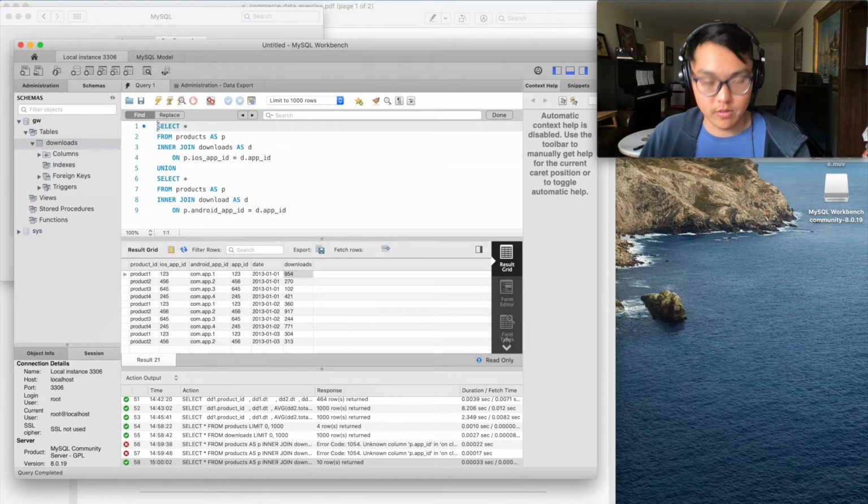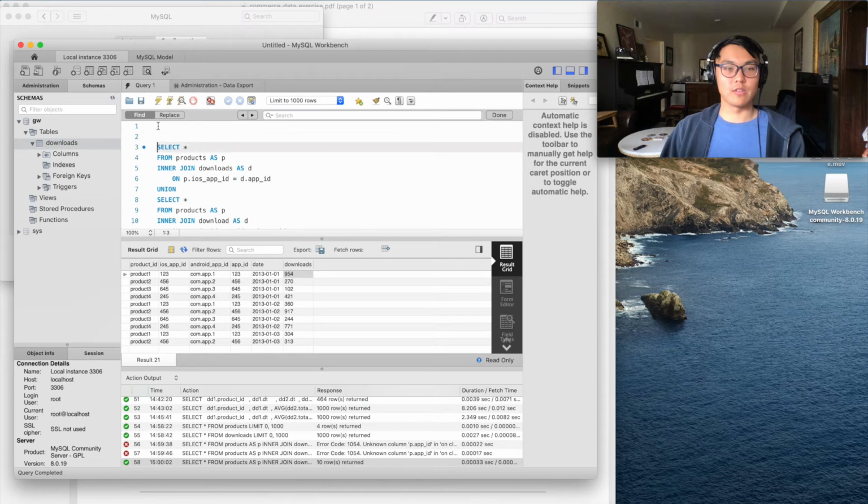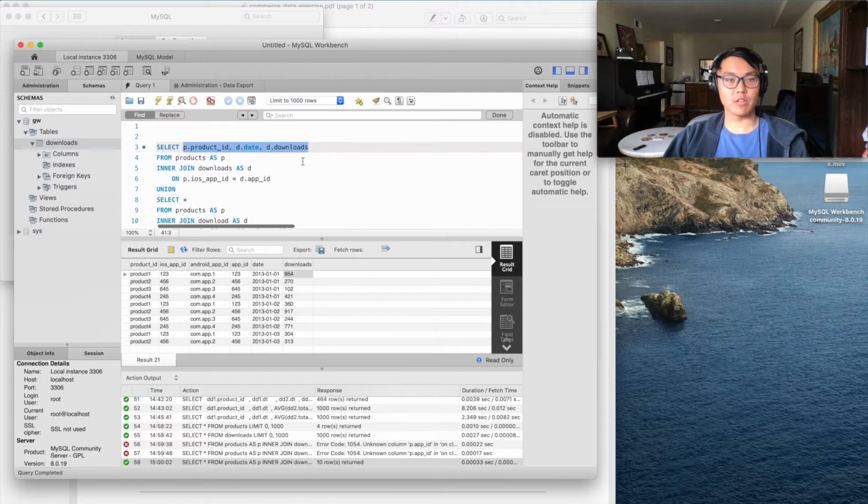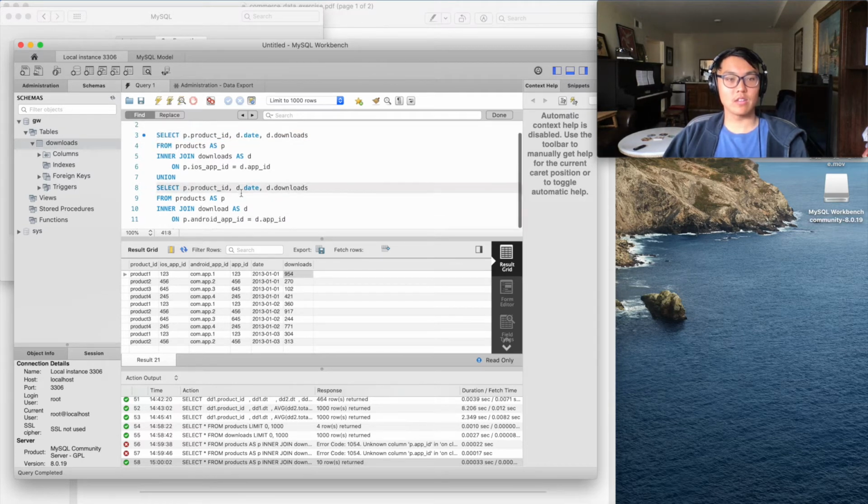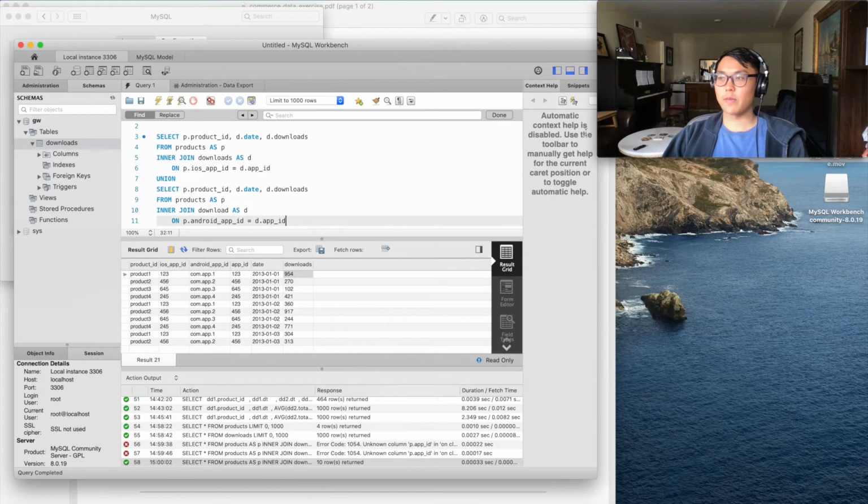So once we do this as well, and I'm going to do not a select all, but we probably just need the P product ID. We need the date, and then we need the downloads. Looking to my right on my other screen, where I've done some of this work already. Okay, cool. So then we can